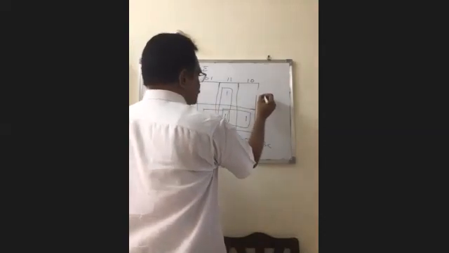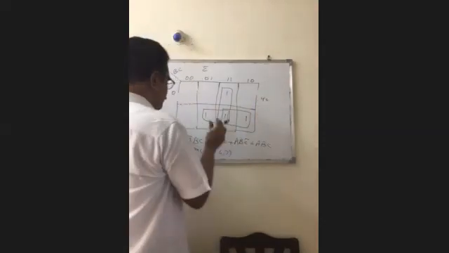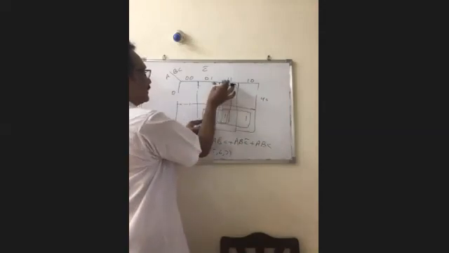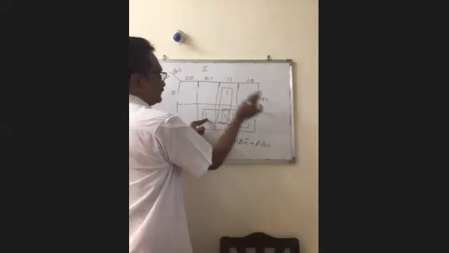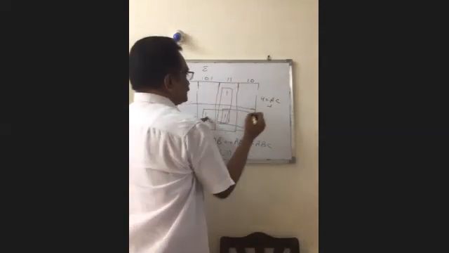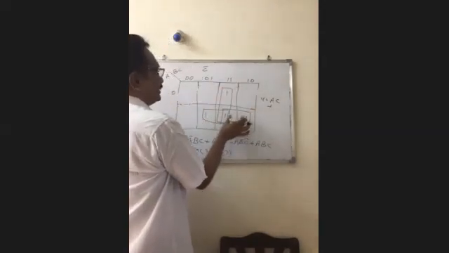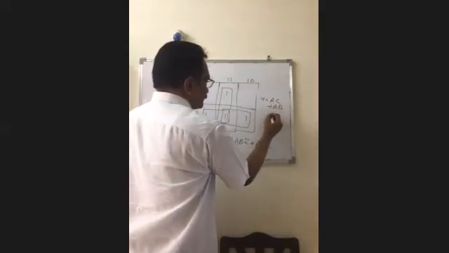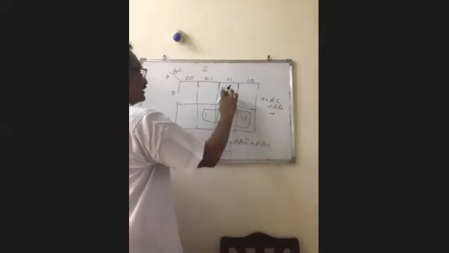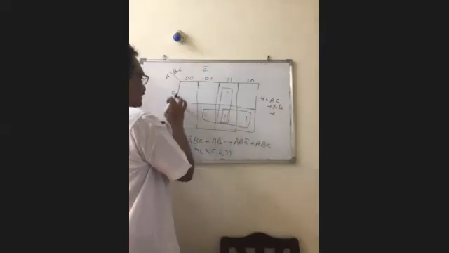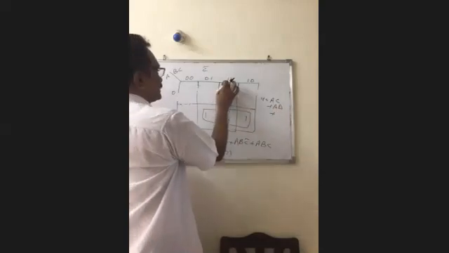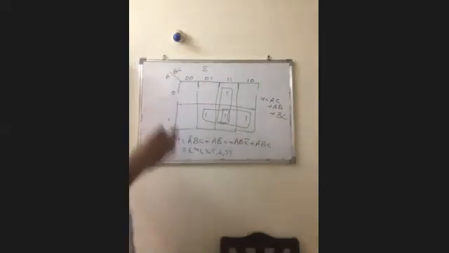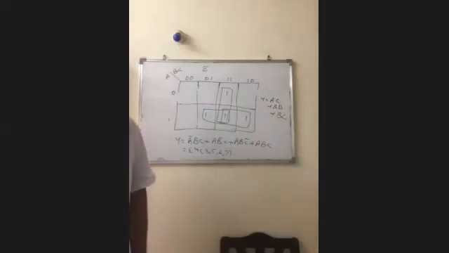So write the output expression, the minimal expression, as y is equal to, for this one we have to write A C, plus, for this one A B. For this one, the variable A changes, so write it as BC. So AC plus AB plus BC is the minimal expression.